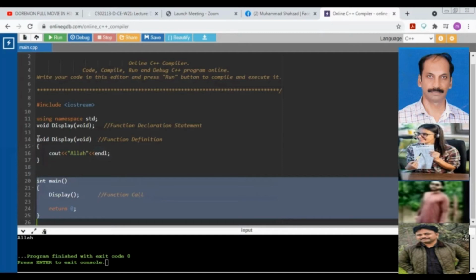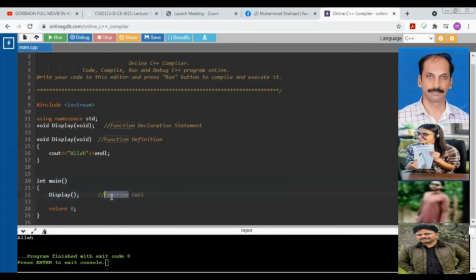That one is known as what, my dear? Function call. Function call, my dear. And the function call we have written within the main function at line number what, my dear? 22, sir. Your answer is correct, my dear. It means you are there with us.